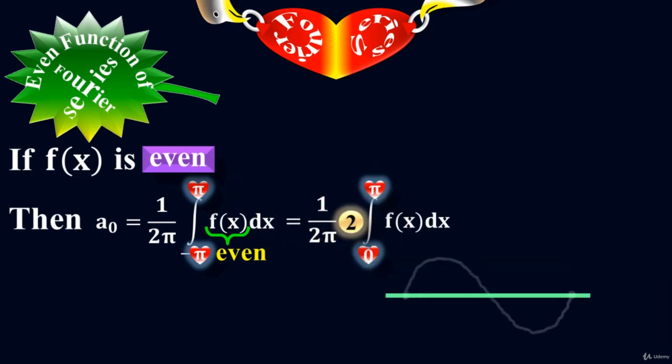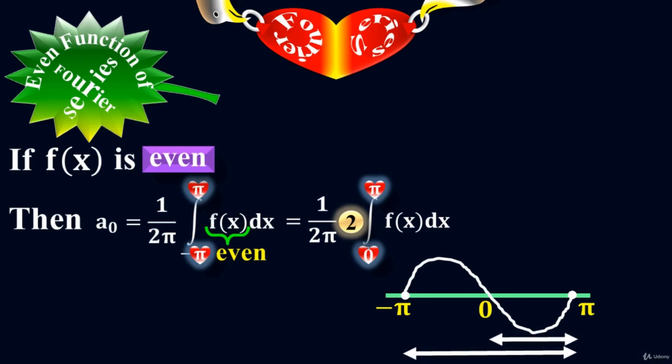Let me show you graphically. Here is a waveform at origin 0 and its range is from minus pi to plus pi. So the interval from minus pi to plus pi is a complete cycle. But from 0 to pi is a half cycle. So to make a complete cycle, I take the half cycle 2 times, and therefore I multiply it by 2. There is nothing very special here. It is just to make the integration simple. It's going to help you when you solve an integration with the limits from 0 to pi.